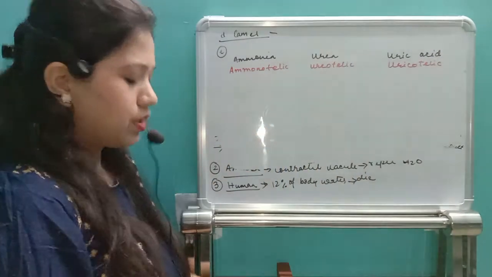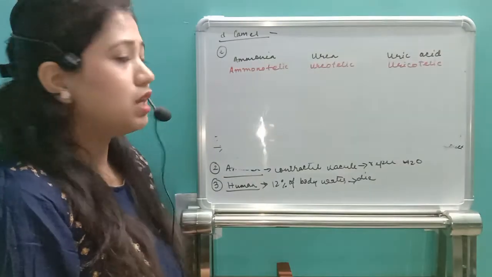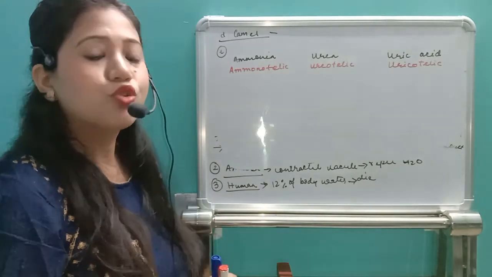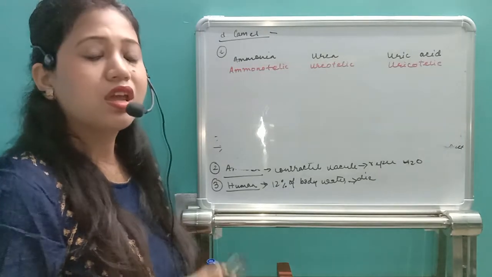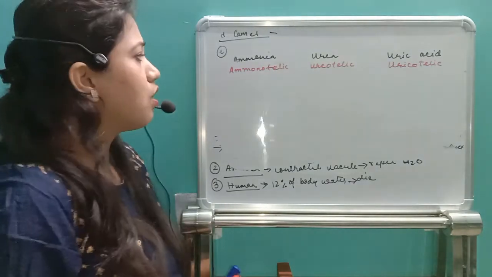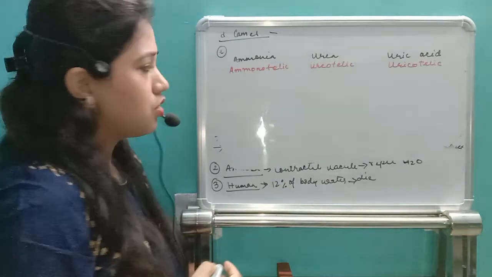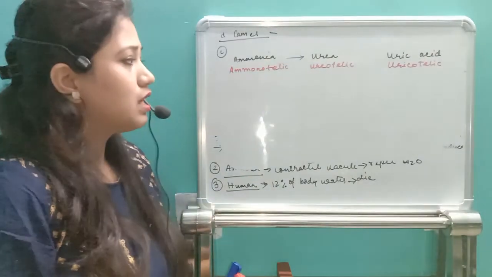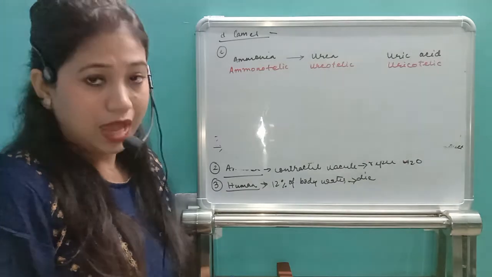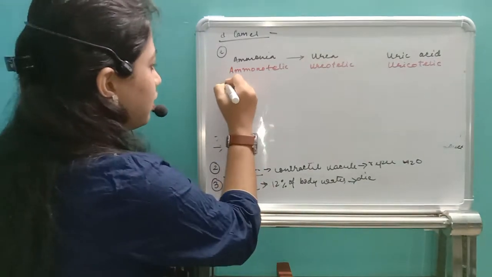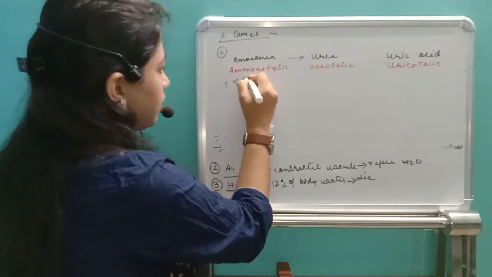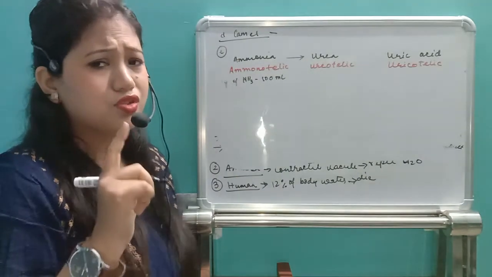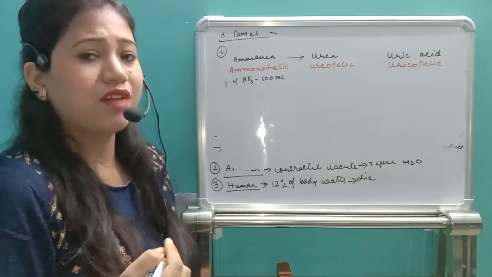And obviously, our waste product is urea. What is the reason why we are not releasing ammonia? Because after protein digestion and absorption, after assimilation, in our metabolic cellular respiration, we produce ammonia from the protein. So why are we converting ammonia to urea by the urea cycle? This is about the scarcity of water, because 1 gram of ammonia requires 500 ml of water. Half a liter of water is required just to dissolve 1 gram of ammonia. So that's why, as we don't have that much water,